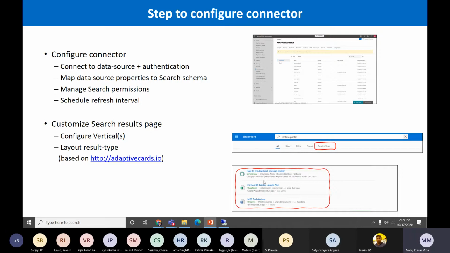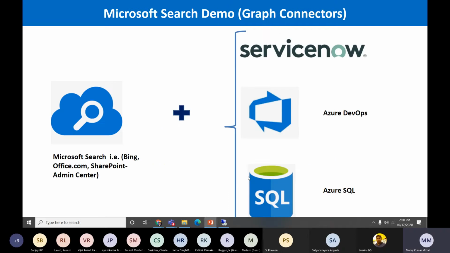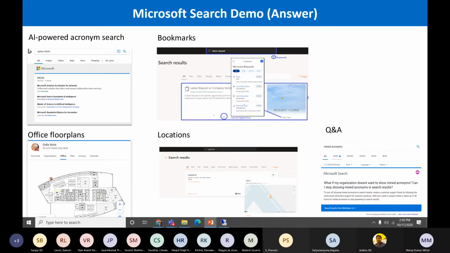So we can design the layouts, which are the verticals, and how the results will appear. Okay, I have documented all these three demos, so as time permits, we'll just go with DevOps as of now. ServiceNow and Azure SQL I have also documented very well, showcasing how the entire interface and the connection work. And this is the last section we'll talk about.